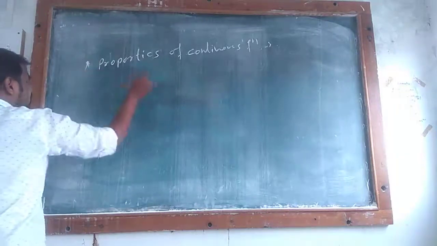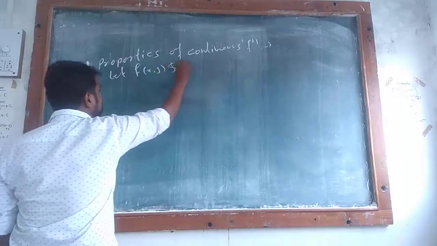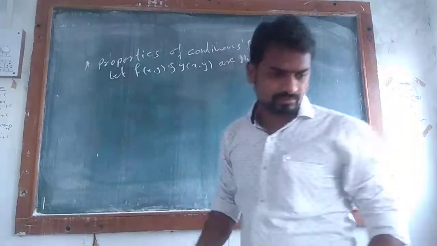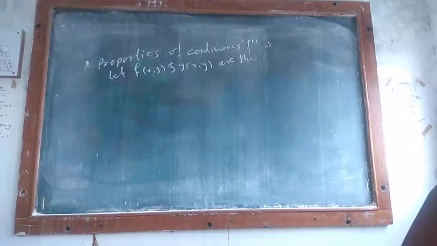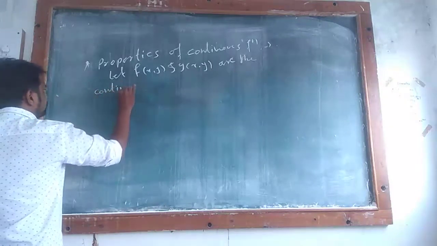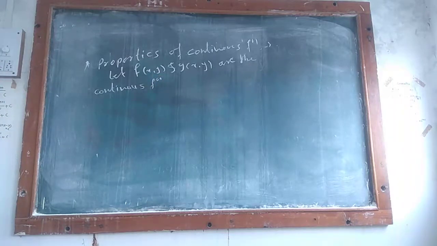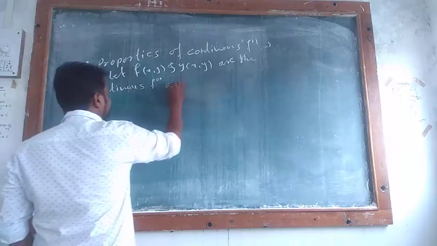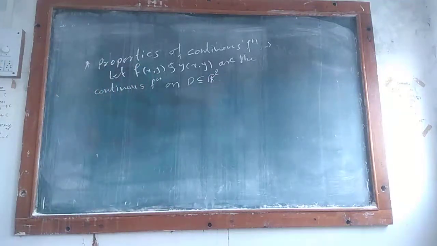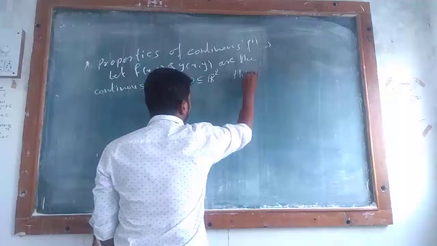We also know the properties of continuous functions. In two variables, let f(x, y) and g(x, y) be continuous functions at the point (a, b) or on a set D, where D is a subset of R squared. If f(x, y) and g(x, y) are continuous functions on D, then